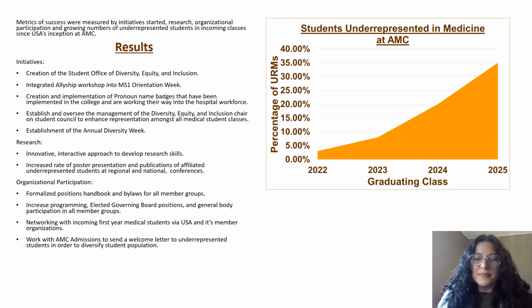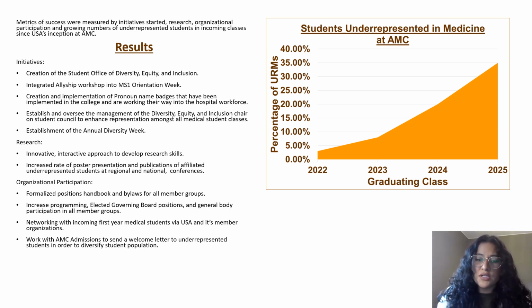As an organization and perhaps social experiment in itself, USA is able to measure its successes via initiatives started, research, organizational participation, and the growing numbers of underrepresented students in incoming classes since the inception of USA in 2019 at AMC. I would like to direct your attention to that graph over there that's showing the increasing percentage of URMs in the incoming classes since USA was initiated in 2019. It is clear that between my class and the incoming class of 2025, there is an exponential growth in the percentage of underrepresented students that have been accepted into AMC, and this is all partially due to the work that USA and its members have put in, as well as the support from the organization itself and our mentors and faculty that have been with us along the way